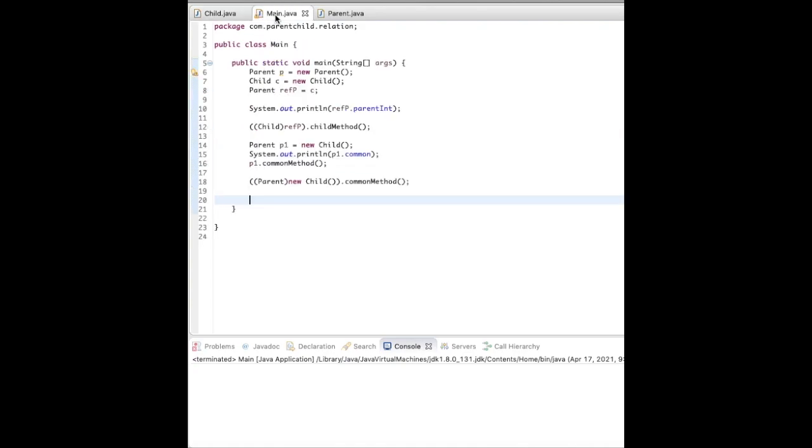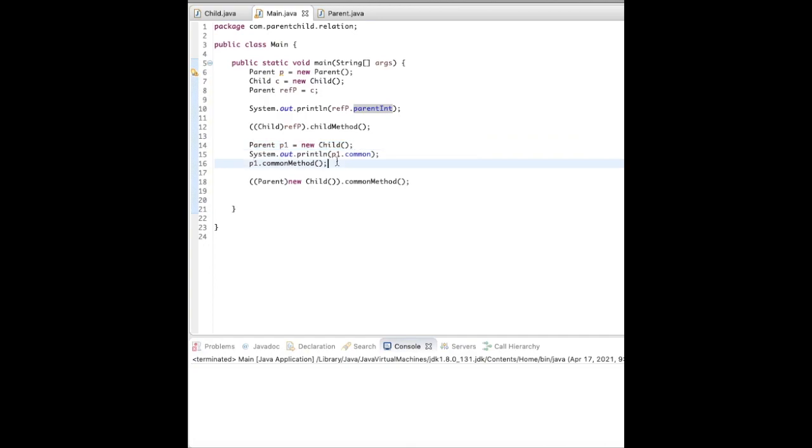Now in the main class main method, we have two instances, parent and child. We have created a variable of parent and assigned the child's instance to it. Then the reference p dot parent int is called. Then this reference p is typecast to child, and then the child method is called. And then I have created a new instance, parent p1 equals new child.